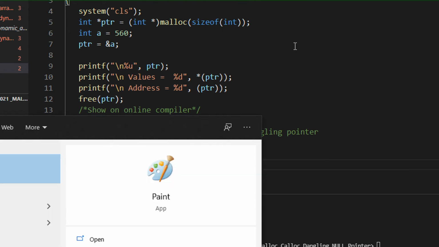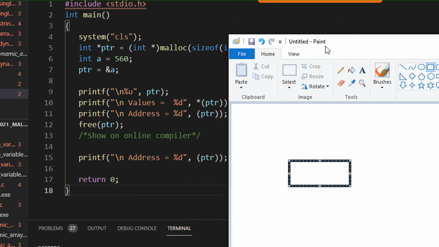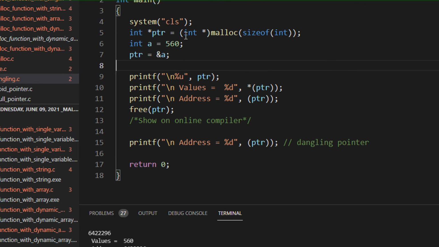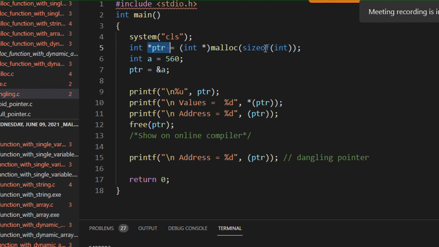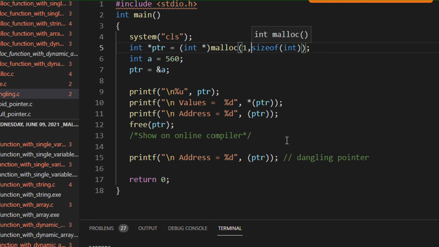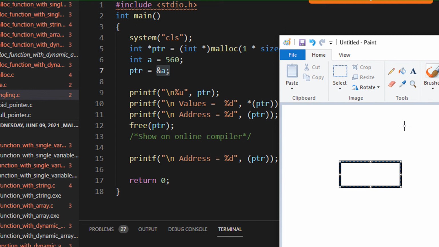So let me start Paint because my digital pen is not working. So see what happens in case of dangling pointer. So I am assigning an integer pointer here with a malloc size of int here, right? Since if I'm not giving a size, by default it assumes a size of one integer, right? So 1 into, if I'm not giving anything, so it's just like, you know, in mathematics 5 is always equal to 1 into 5, right? So I'm having an integer a is equal to 560, and this ptr I'm assigning the value of ampersand a, right? So if you can see here,